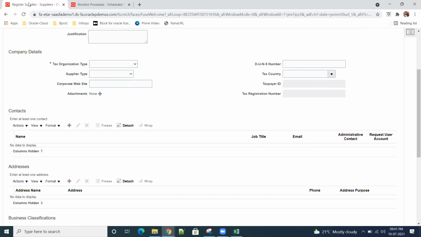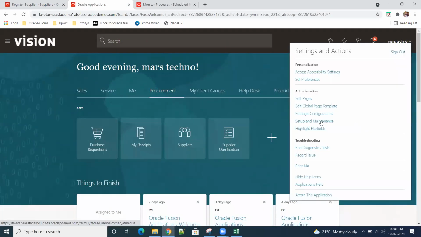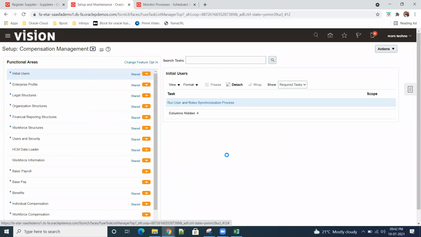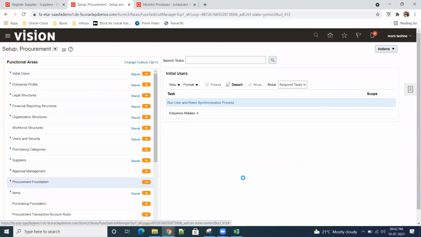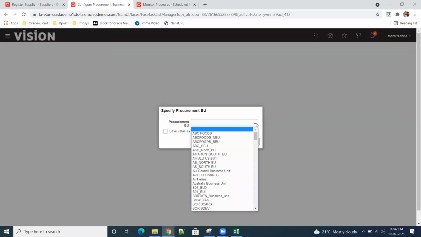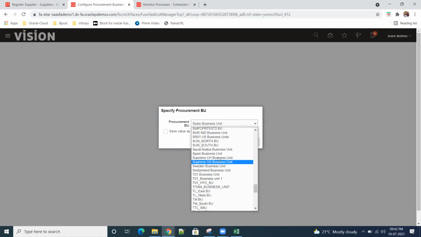For that external supplier, where the supplier data and the supplier links come from is, if you go to setup and maintenance, go to procurement, go to purchasing, procurement foundation, configure procurement BU.